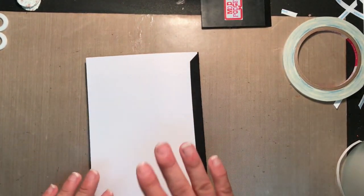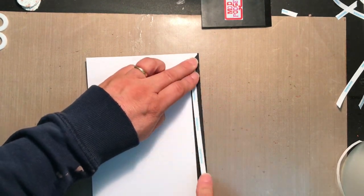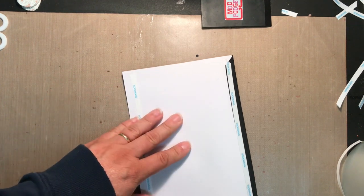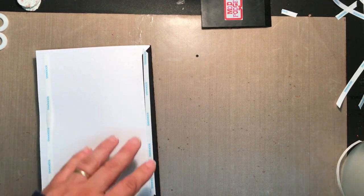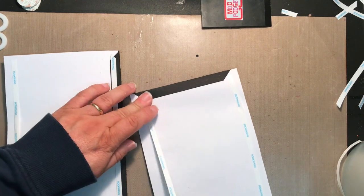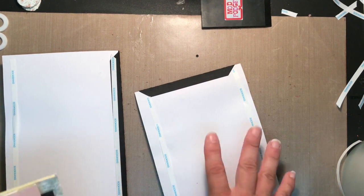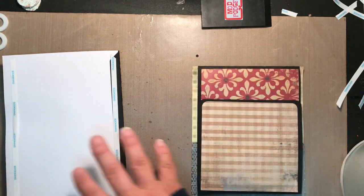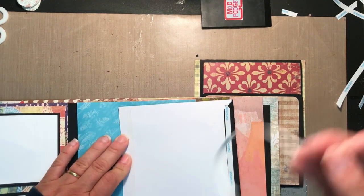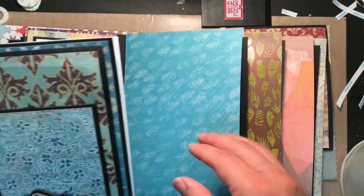Okay, so now let's put some tape on the back of our pages and we'll get those installed. So I'm just going to put 2 pieces like that and like that. Bring our other page back out. Okay, then grab our book. Okay, give that a good rub. Okay, I'm just gonna stick